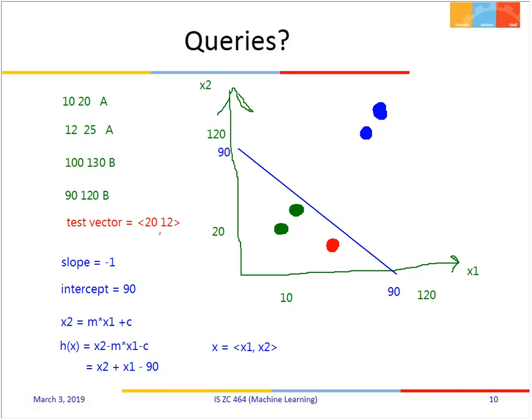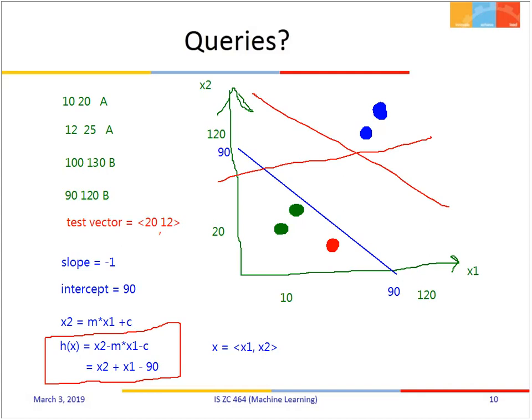Once the hypothesis is generated using the M and C values, I'm not asking you to automate this M and C computation. As a student, you are expected to know where to draw this line. Of course, there could be several different lines which would have created the correct answer, right? So any line could have been the correct one. So what I'm suggesting here is that this is the hypothesis which is constructed,